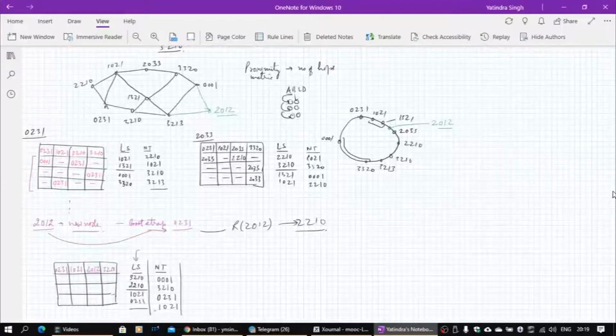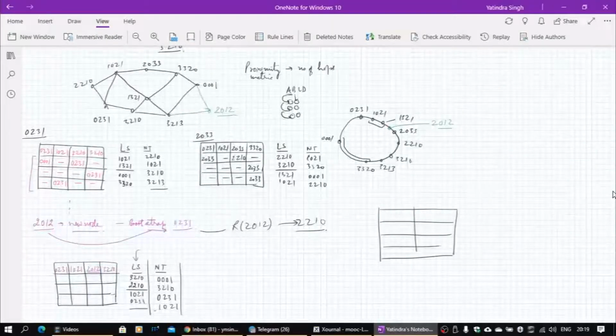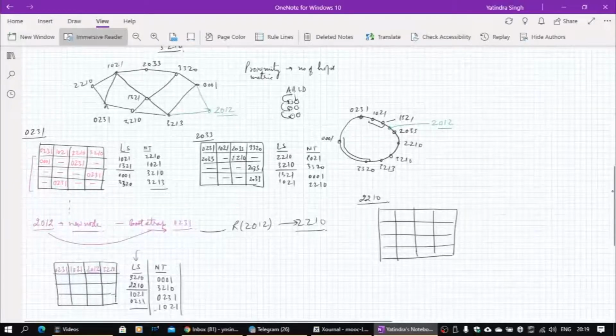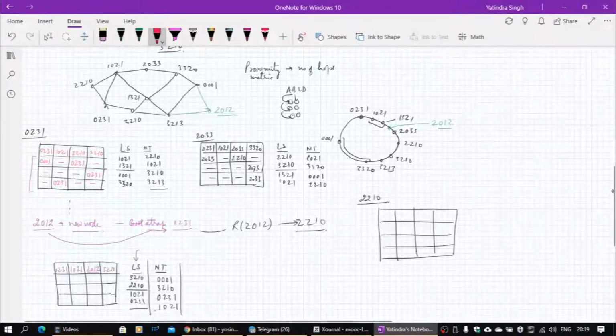So let's create that. So by looking at all the information, I can create that very quickly. I will only be creating what is required. Okay. So this is going to be 2210. So 2210 routing table will look like, the first entry has to be starting with the 0. So 2210 is here, so 0231 obviously. There is the closest guy.